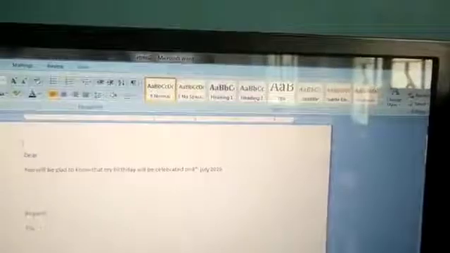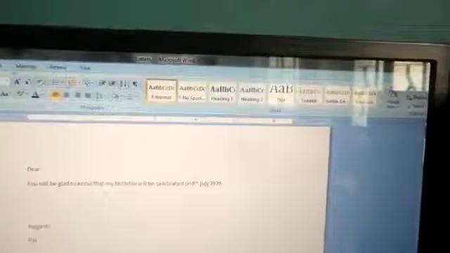Or else we can click on the Insert Merge Field option. We are using the existing list.